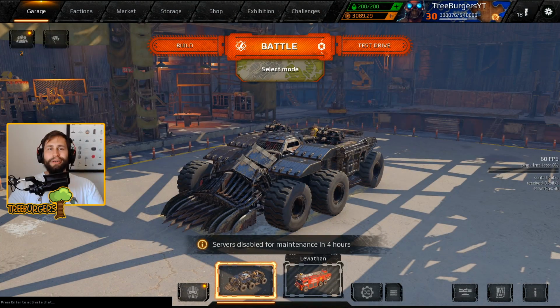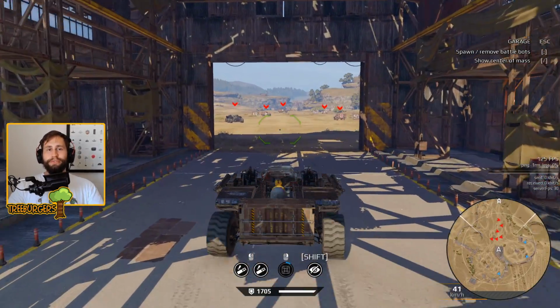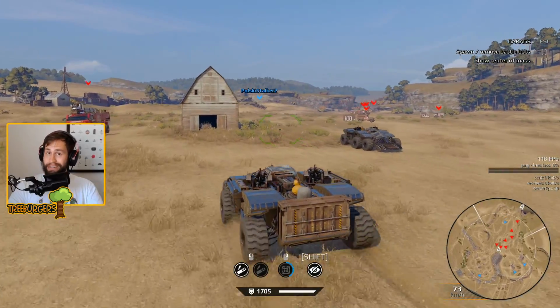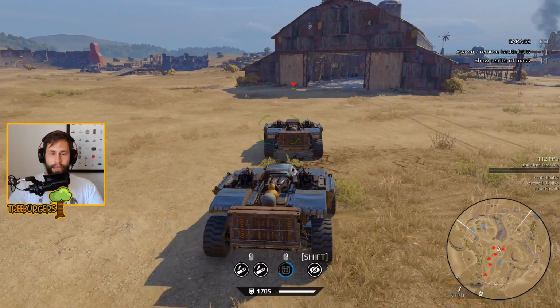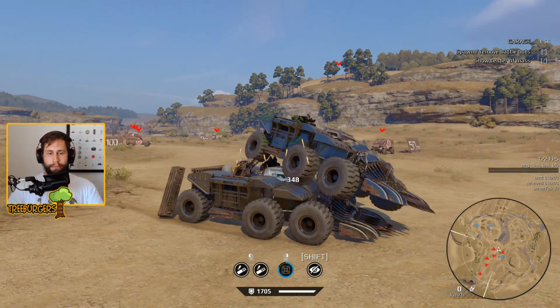Welcome back to Crossout, welcome back to the test server, and now we will be looking at the wedge changes that we just briefly talked about in the previous video. But I wanted to bring this into a little bit more detail to let you guys know what exactly these changes are all about. As we talked about briefly in the last video, wedges now take damage whenever you lift